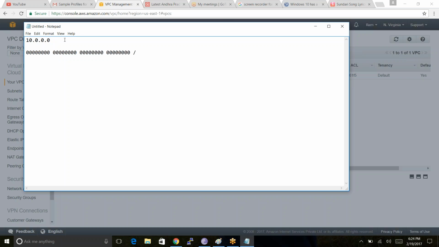But in the general case, the kinds of IP addresses we have are class A, class B, class C, and class D. We are not using those here. You don't need to worry about what class the IP address you are allocating belongs to. Simply concentrate on what IP address you want to give.